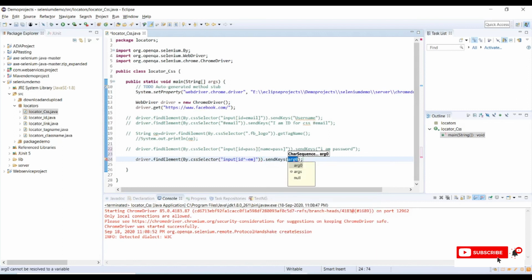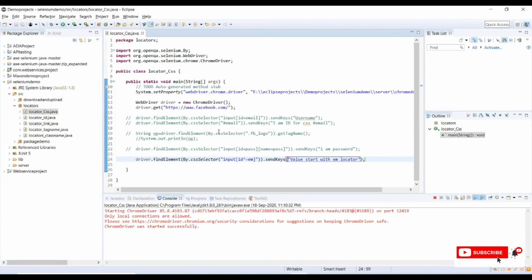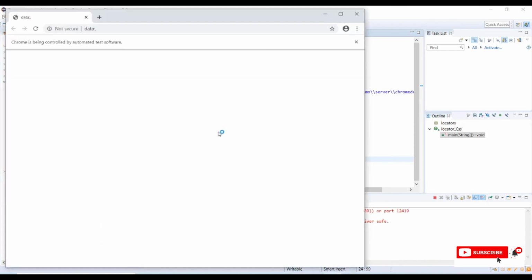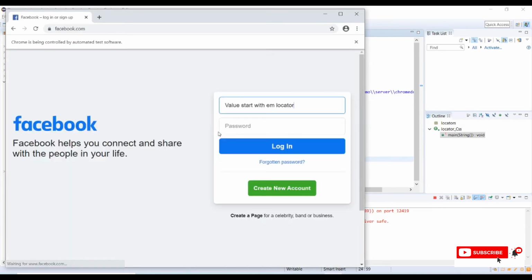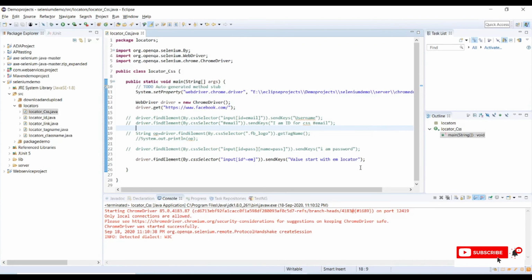Under send keys I am saying value starts with em locator, and save, and let's quickly run this to verify. So we have launched and we have written that value over here. So this is also working fine.